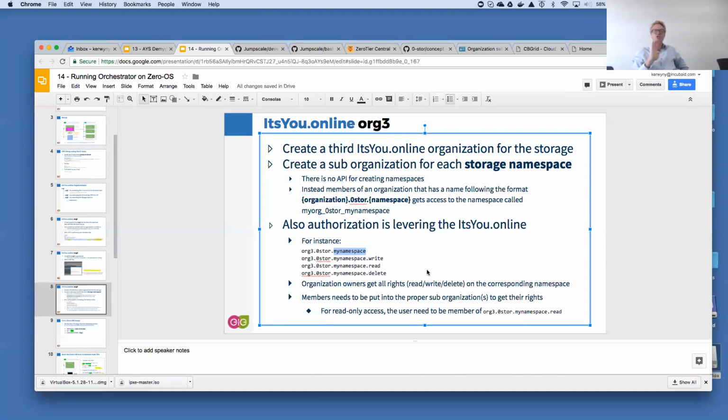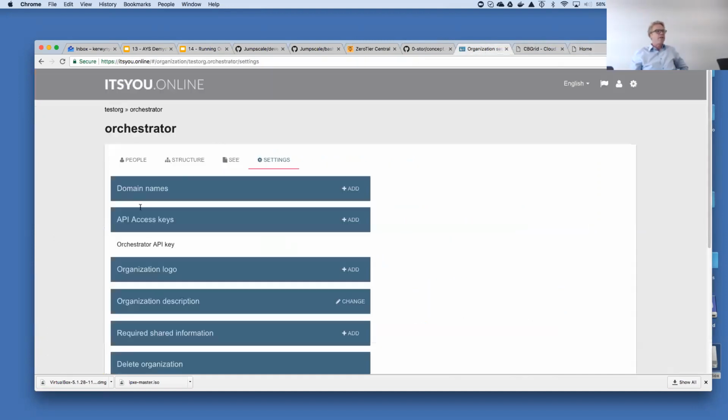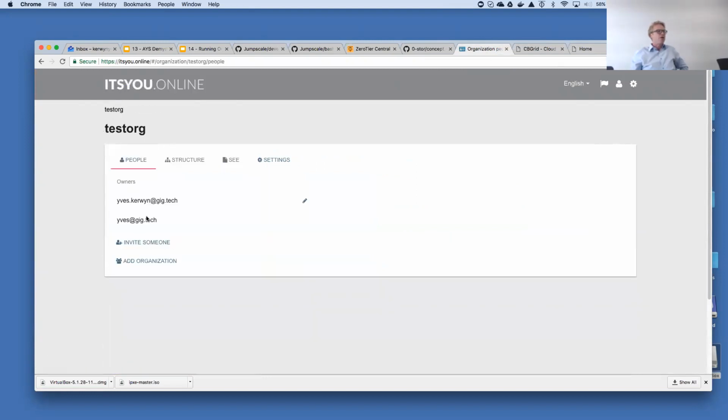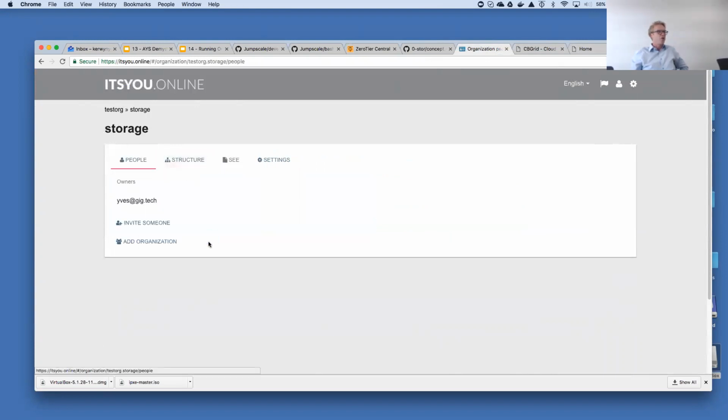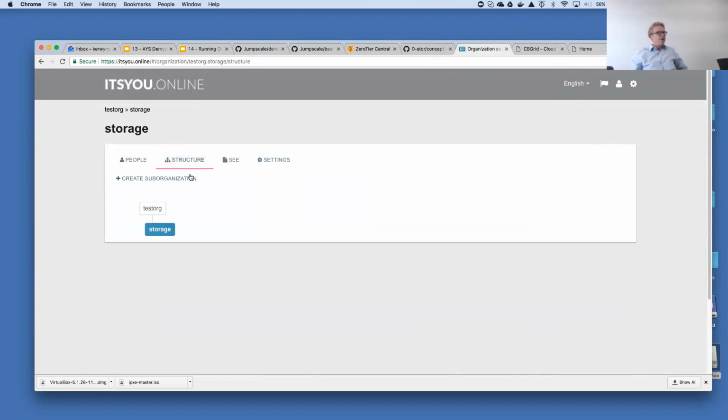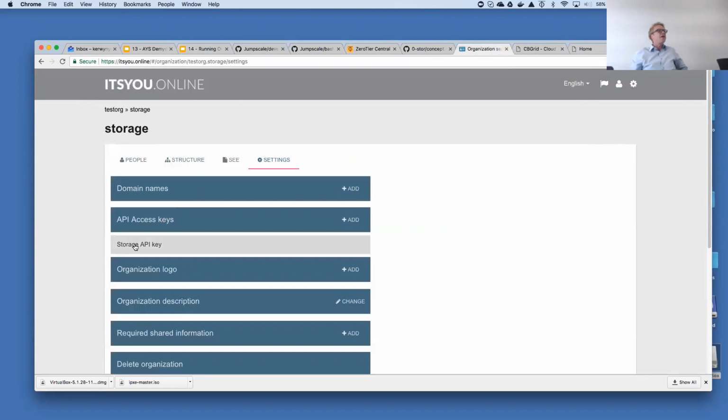For the installation, you don't need to do much, apart from creating what I did. Let me show you. If you go back to the structure, I simply created at the highest level a storage sub-organization. And there I didn't do anything, apart from also creating a storage API key, which we will use later.